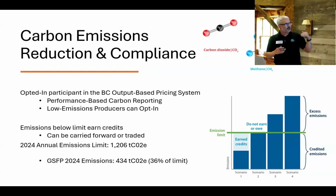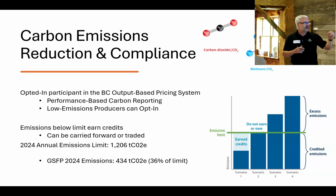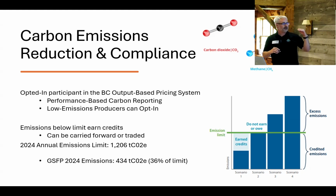And we are fortunate, we're lower, and so we're not mandatorily required to go into it, but we took an opt-in option. So we are below the 10,000 ton requirement, and we said, you know what, we want to opt in and see where we are, see what we're doing. And so they established for the size of our business and our processing facility and what we're doing